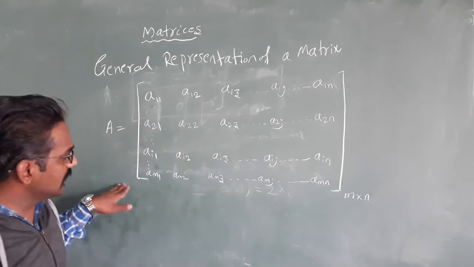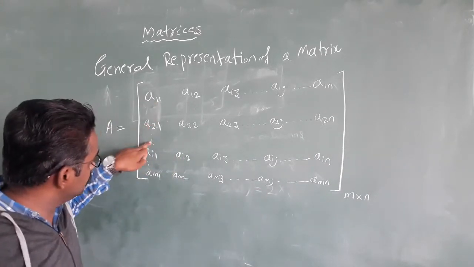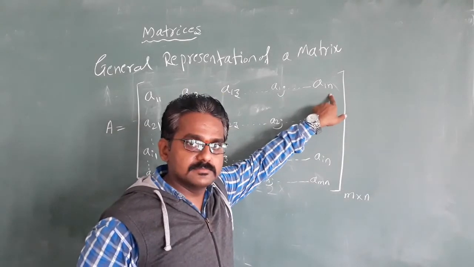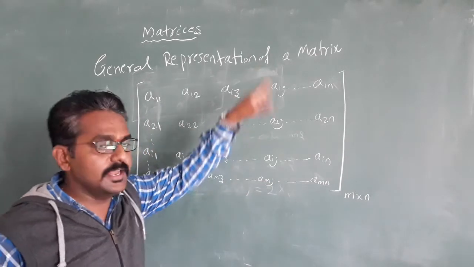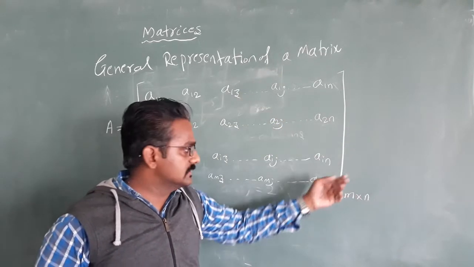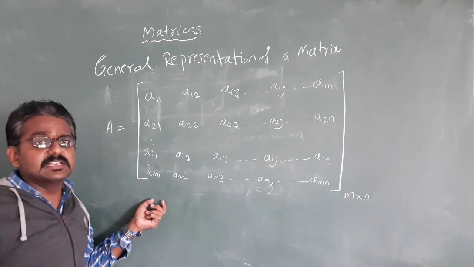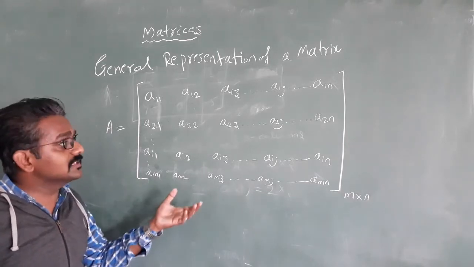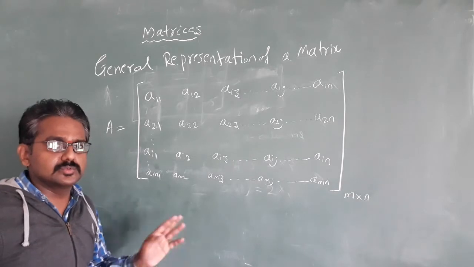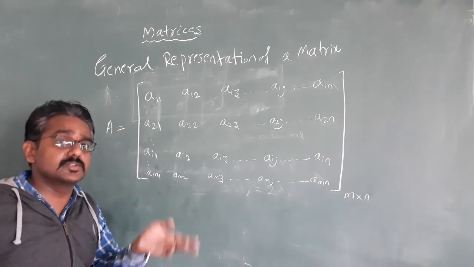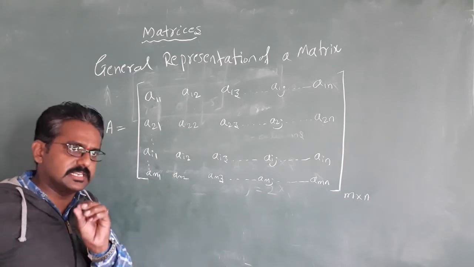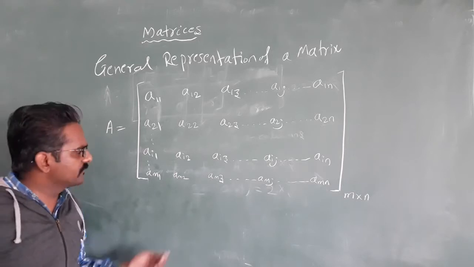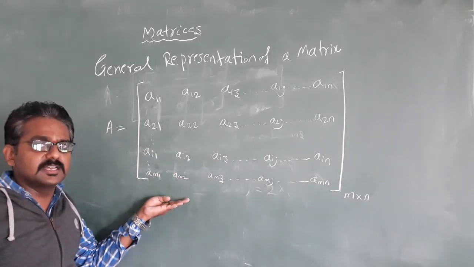So the last element will also represent the order of the matrix. See here, we have m number of rows, 1, 2, 3, so on up to m. 1, 2, 3, so on up to n. So it has m number of rows and n number of columns. This is the general representation of the given matrix. Got the point? Whatever the order they mention, 3 cross 2, 2 cross 3, 4 cross 3, 3 cross 4, 4 cross 4. Okay, for your syllabus, 3 cross 3 is the last. 4 cross 4 is not there. Okay, don't worry. You can write that also, no problem. This is the general representation of the matrix.